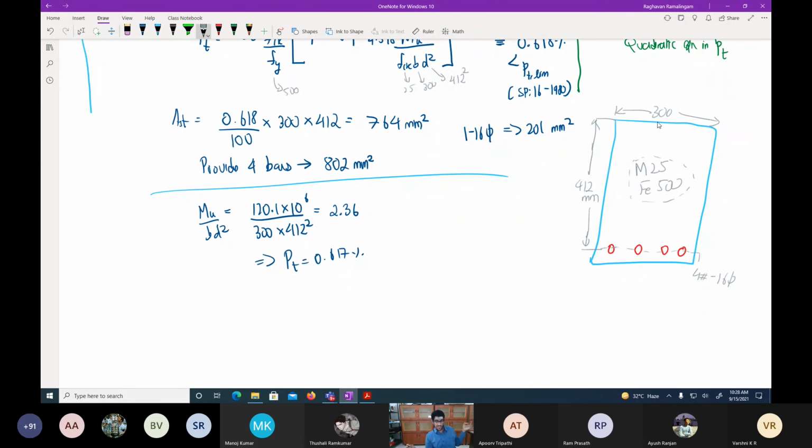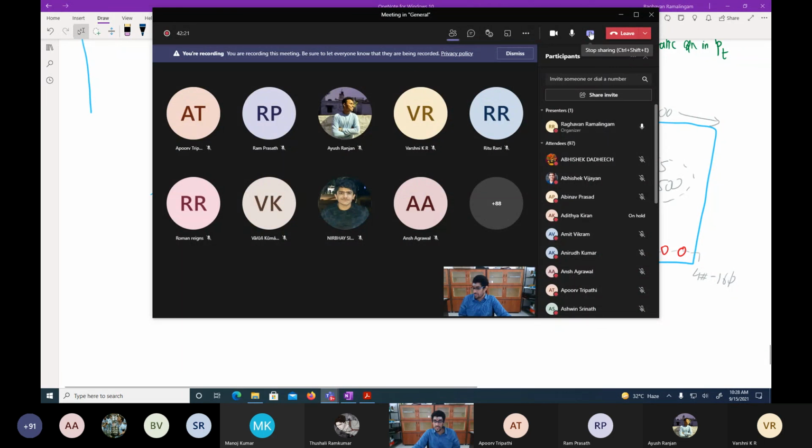Once you start drawing doubly reinforced beams, you will also start having reinforcement on the top. How to actually detail those things, I'll show it to you separately in one class through a different code book, but I'll not be specifically solving problems based on that. Tomorrow we'll proceed with designing doubly reinforced beams. It will be very similar to this, only a little bit longer.